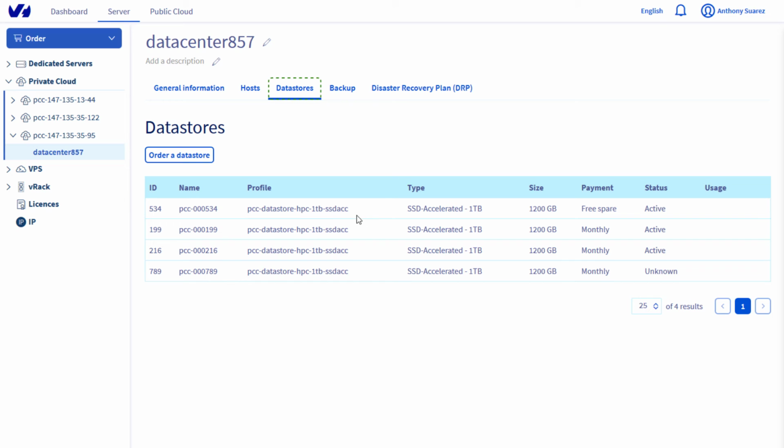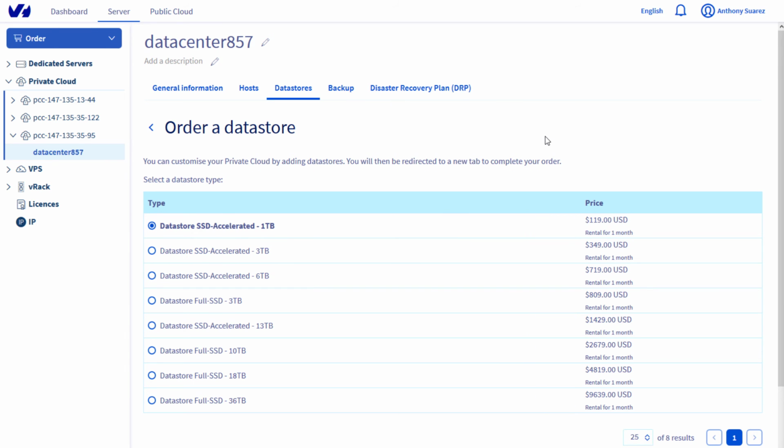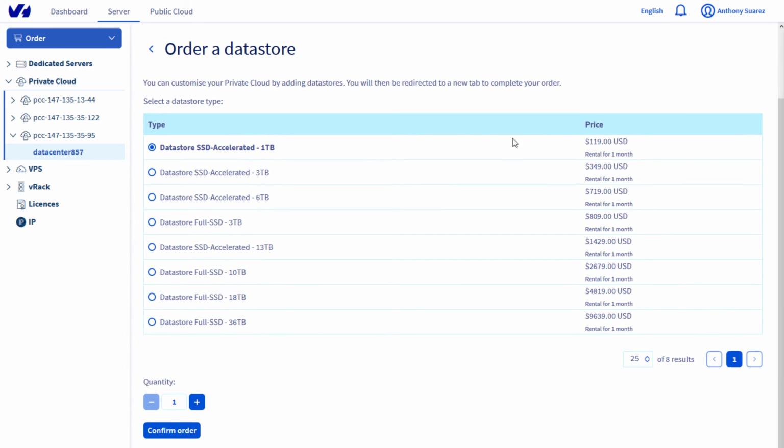And this is a list of all the data stores that currently exist in my environment. I'm going to add a data store. And for this demonstration, I'm going to add a 1 terabyte data store. I can actually choose the amount or the quantity of data stores I want, confirm the order,